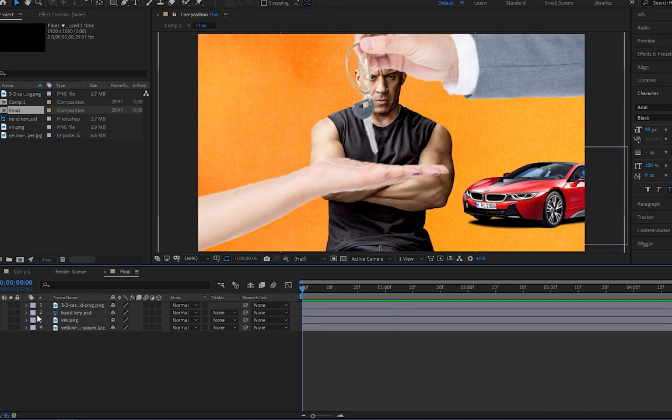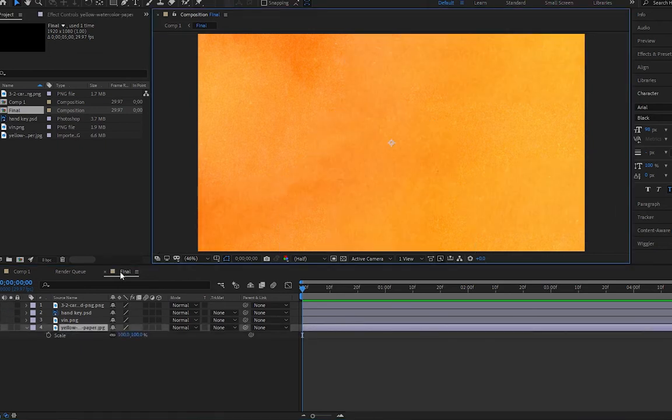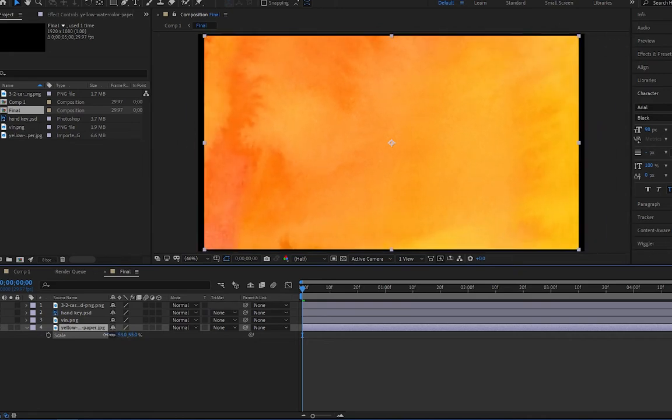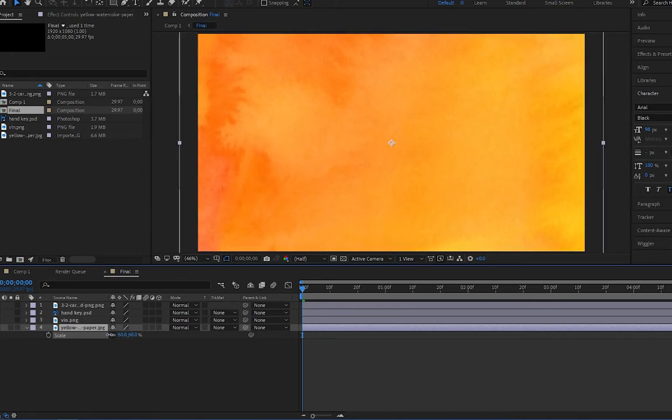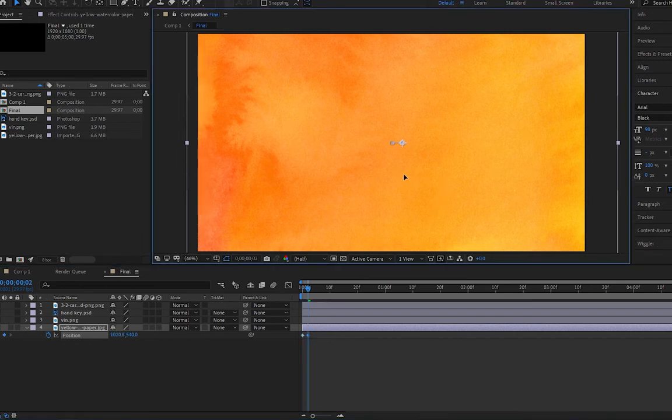First of all, I am simply hiding all these layers, and I am animating the background layer first. So what I'm doing, I'm simply scaling this picture down like this. That's it. And now I'm pressing P for the position to animate it. Let's animate this picture. Simply put on a keyframe, and let's animate this picture after 2 seconds, like this,